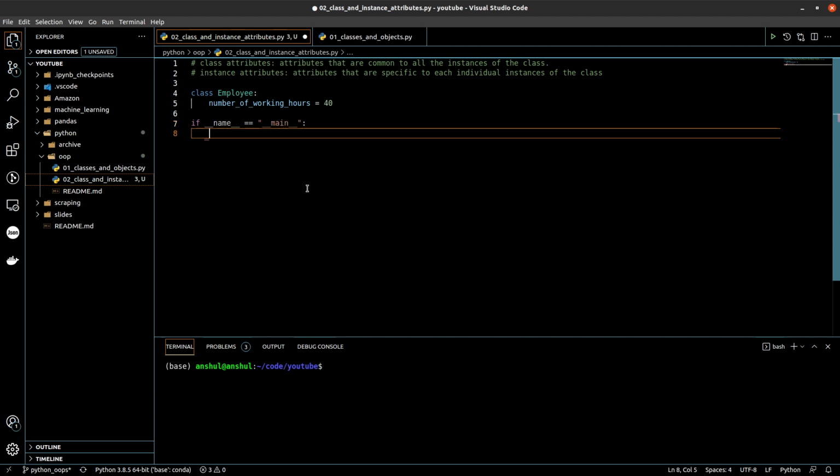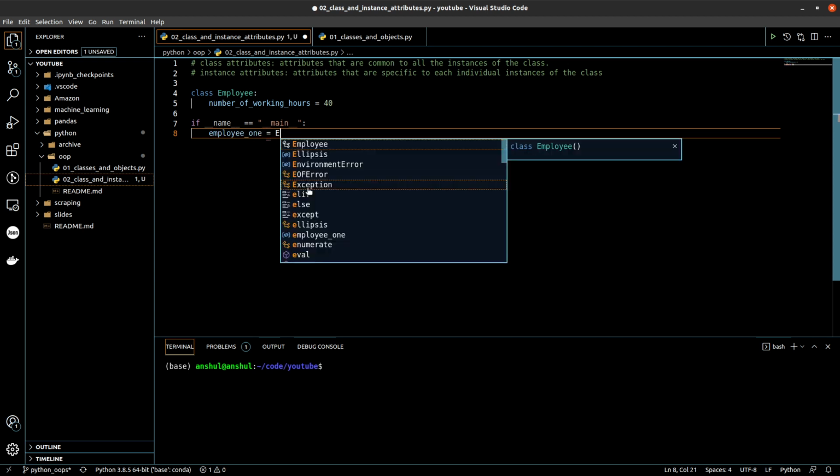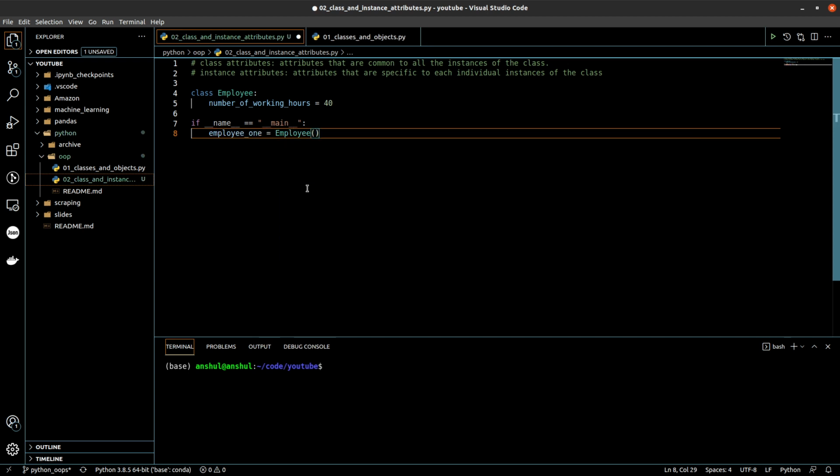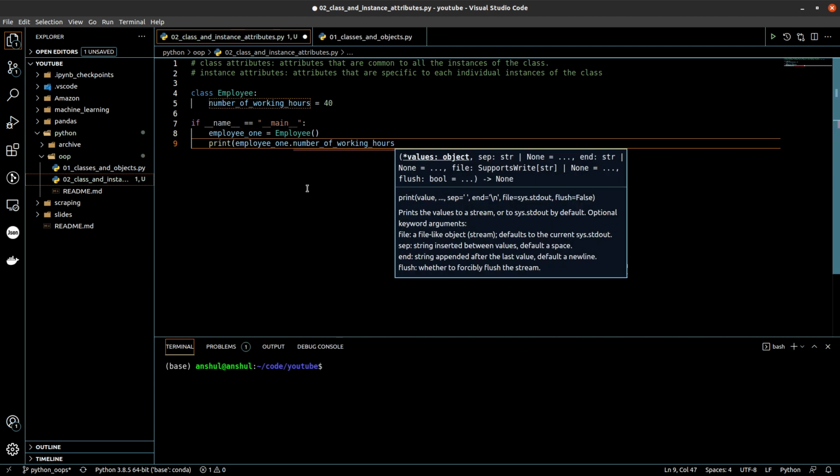Let me create an object employee1. This will give me one object for this class, and if I call the number of working hours for this object, employee1 dot number of working hours, let me print it out.